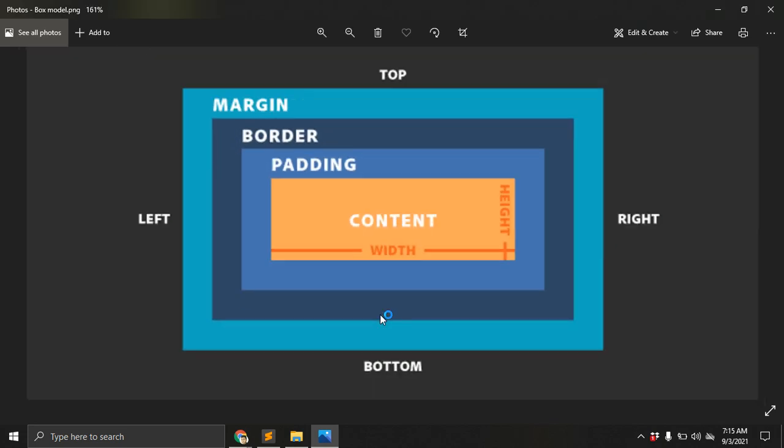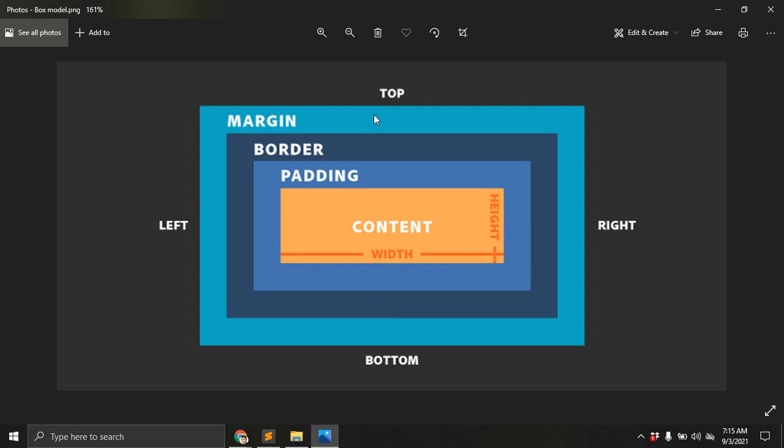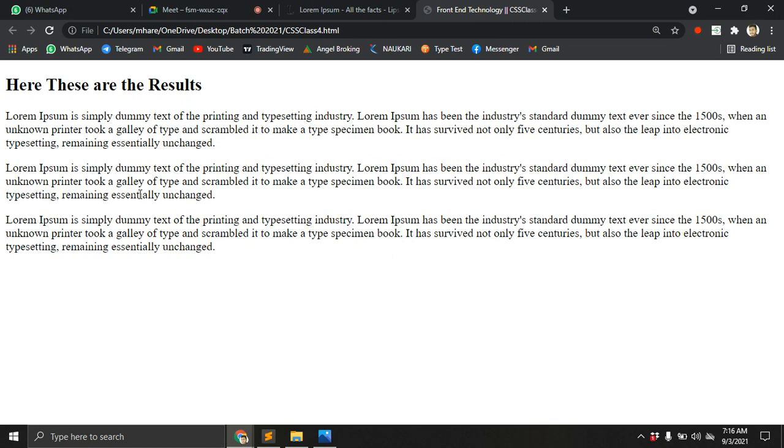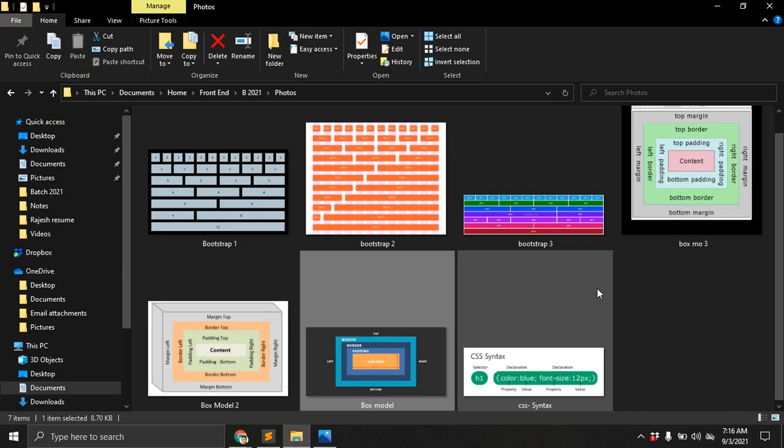You can see here, don't be confused. One is the top. Whatever you want to see here, the entire blue color, it is a website, one of the pages. In that page we are discussing one is the top, and we need to define the right, bottom and left. These are the concepts. In that page there is a content, whatever you want to write here, and here is the left, top, bottom and right. Okay, simple.